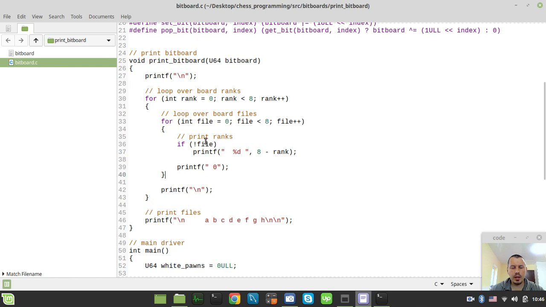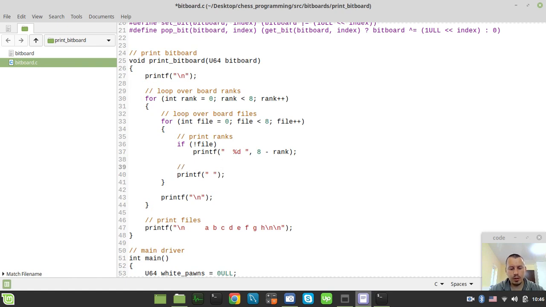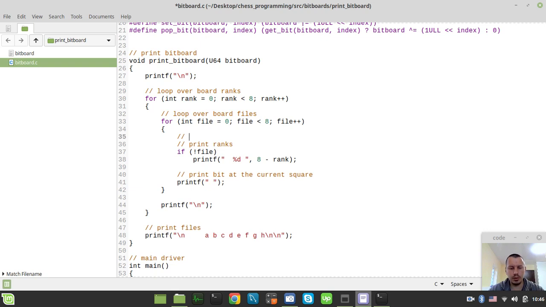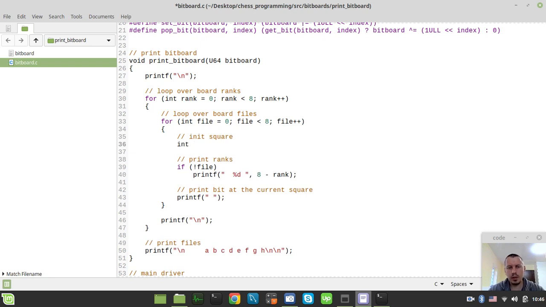So okay, and now here, instead of this 0 placeholder, we actually want to print bit at the current square, let's call it like this. So also we want to define our square, so int square, and in order to get the square from these nested for loops, we need simply to say rank multiplied by 8, which is the width of our chessboard, and simply plus file like this. Okay, and if we just print our square for now, just again as a placeholder,